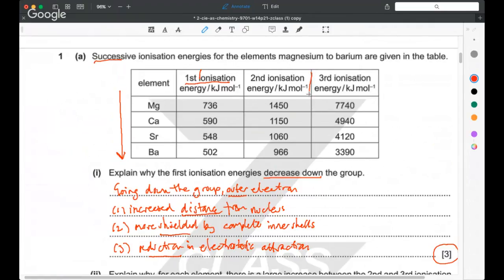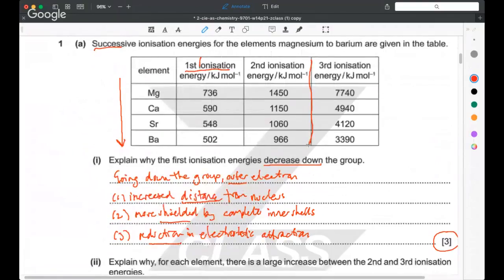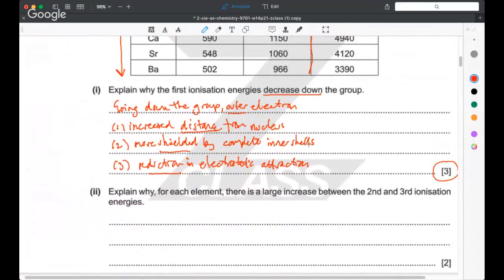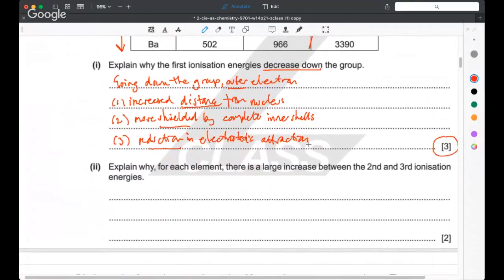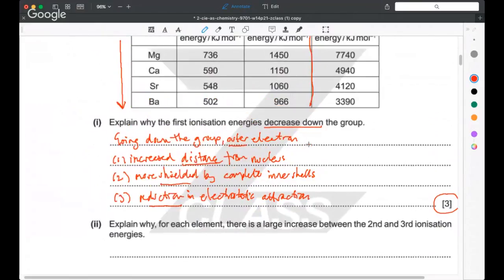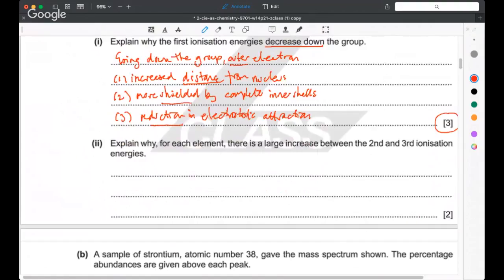If you look at the discontinuity here, there's always a large difference between the second and the third ionization energy. What the examiner is looking for is that when you go from the second to the third ionization energy, that third electron